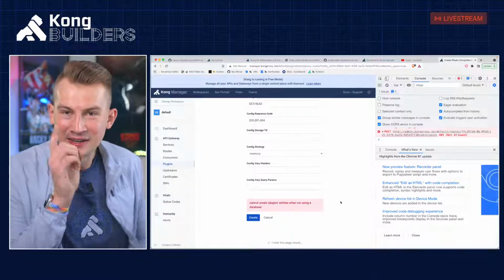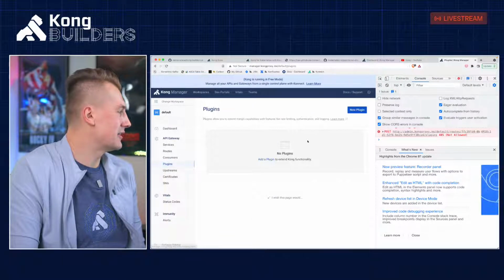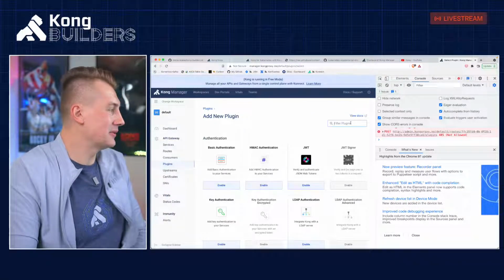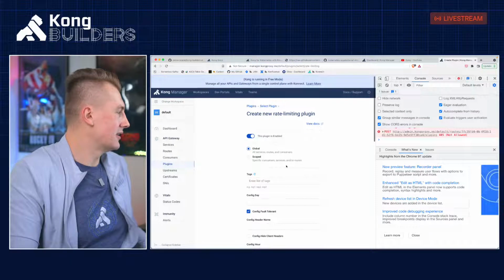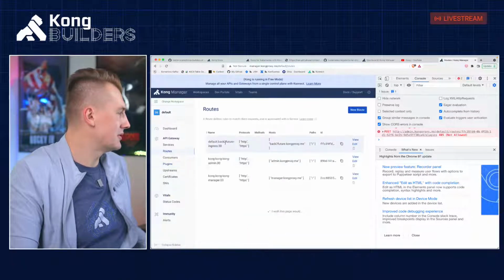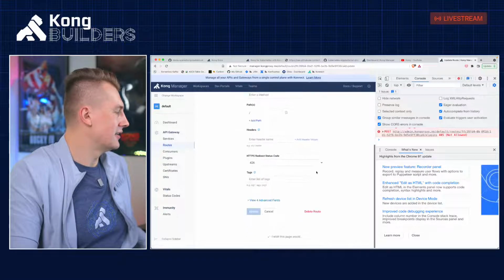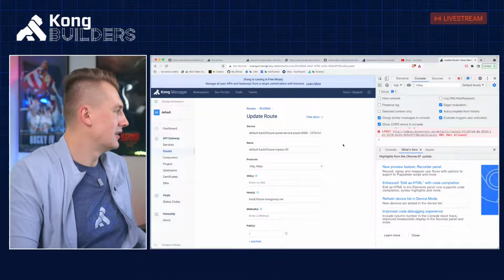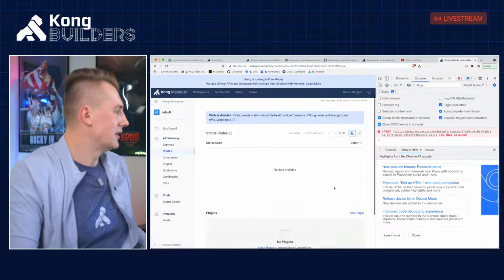This is where we're going into today. So let's see what other plugins do not allow me to use database. Rate limiter, right? So rate limiter, classic. We enable this, we enable this, not the plugins. We go into route, we go into back to future route, and add plugin.